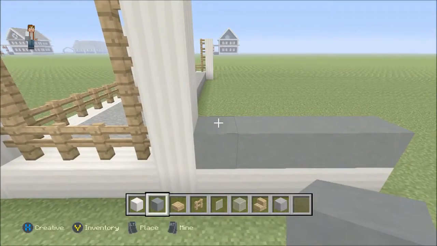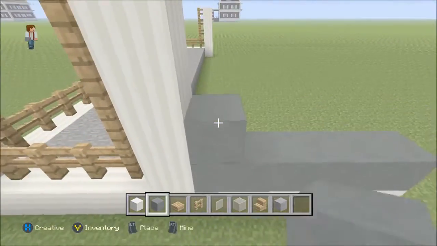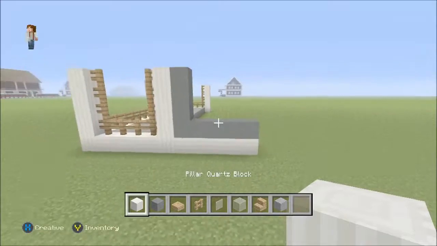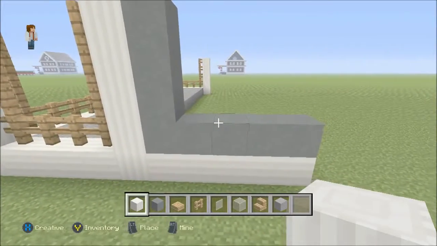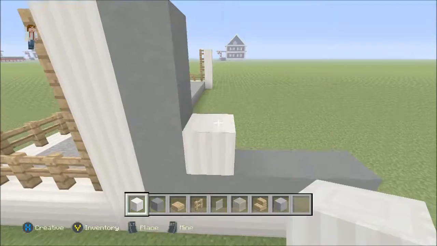And what we're going to do, we're just going to have the cyan stained clay going all the way up on the same length as the pillar quartz. So you should have something that looks like this. So now we're going to have the pillar quartz as the gutter, or not the gutter, but the shutters. The shutters, not the gutter. What the hell am I talking about? So we're going to have the pillar quartz as the shutter, and we're just going to be counting up 2,